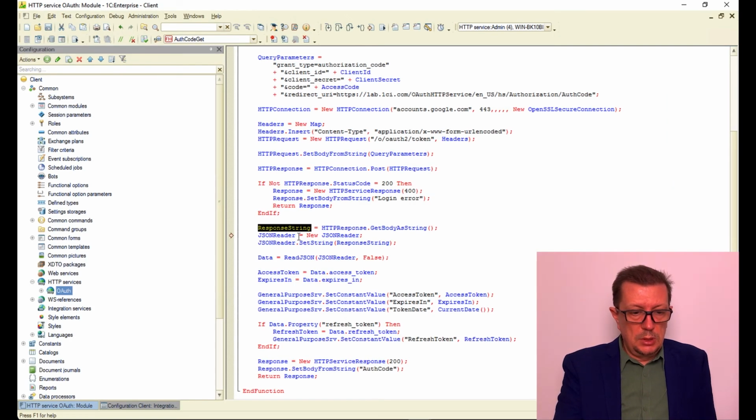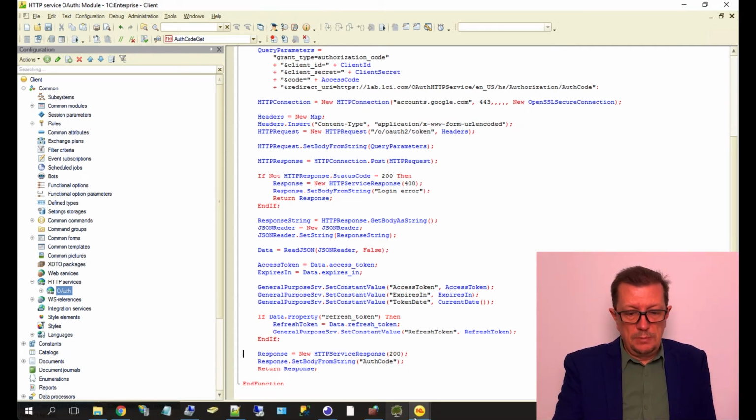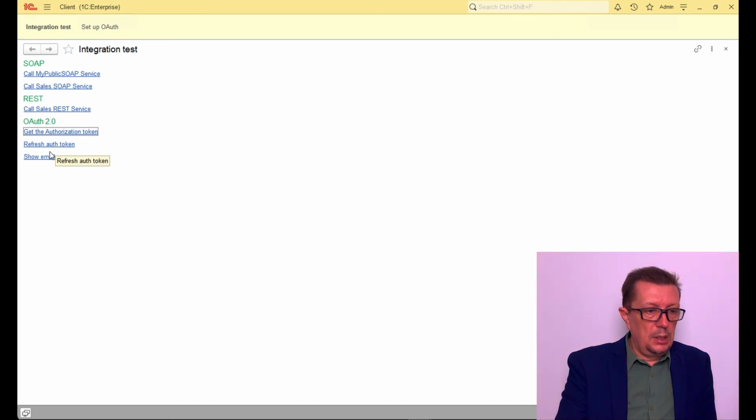And of course I use JSON reader to read this response. Here is my access token, here is the expiration date, and I just save those tokens to constants right here, and this is it. And I also read the refresh token and also save it to the constants, and this is it. So basically by this time my application is authorized to access Gmail data,